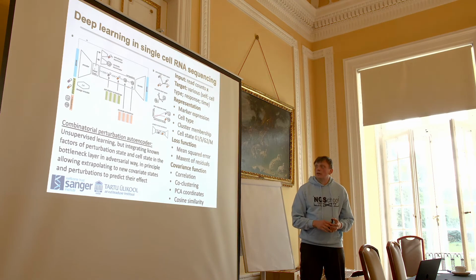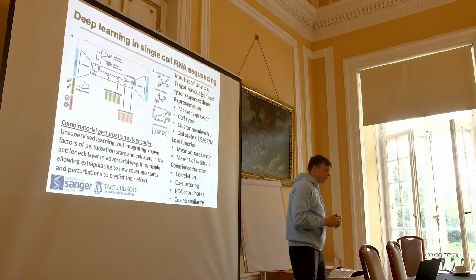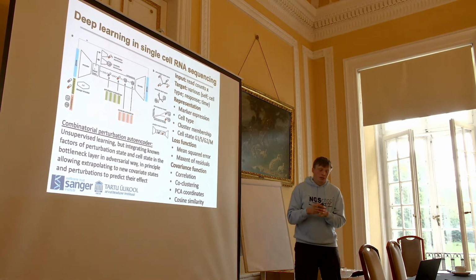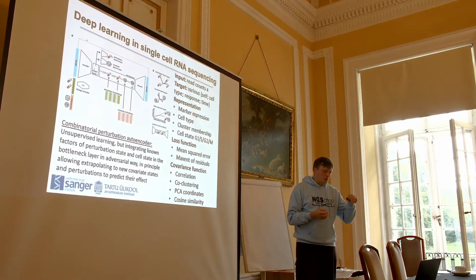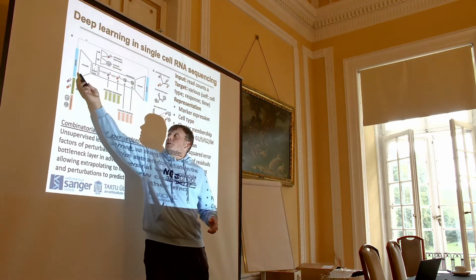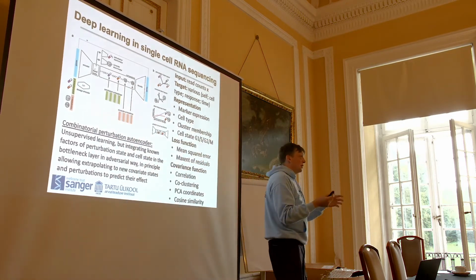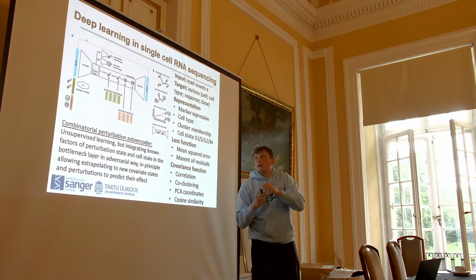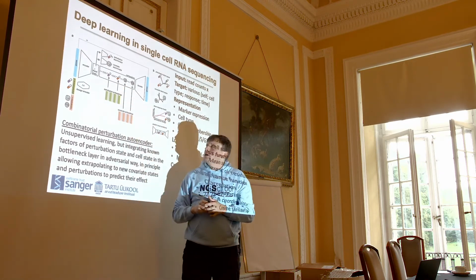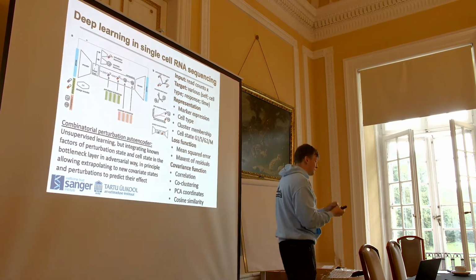And one recent model that we care about, because it includes perturbations, both drug and CRISPR perturbations, is a controlled perturbation autoencoder. Effectively, it tries to do autoencoding, but also tries to capture potential perturbations and additional structure in cell state. The way it does that, it takes the gene expression matrix in and tries to reproduce it, and it has a bottleneck layer, which you can think of as PCA. With PCA you get PCA coordinates, and you can extrapolate. But in this latent space of the gene expression matrix, they also encode perturbation state and other cell state.